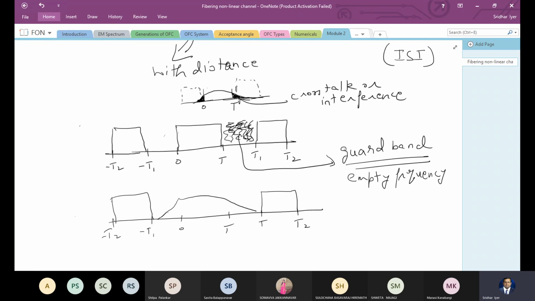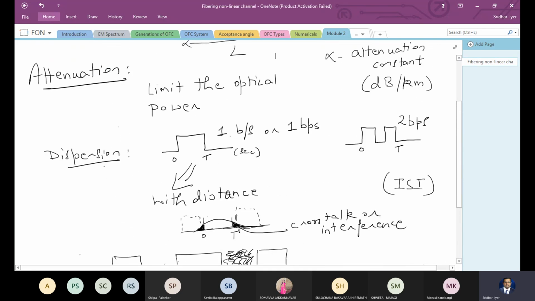So what are the other solutions to dispersion? That is what we are going to discuss. In terms of optical fiber, we'll discuss how we can minimize the dispersion, how we can make some changes in the structure of the fiber so that the dispersion can be minimized. Of course, after doing all of this, we'll still have to keep a guard band, but can we have a lesser guard band so that we are wasting a lesser amount of frequency, right? So these are the two aspects which we are going to discuss in module 2.